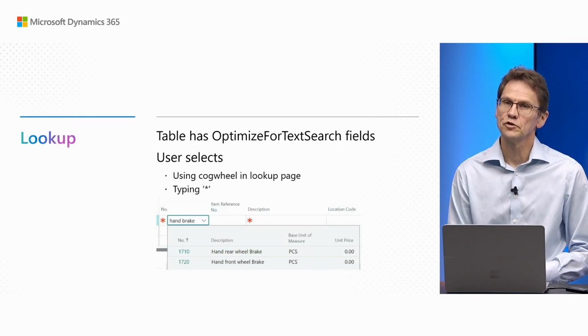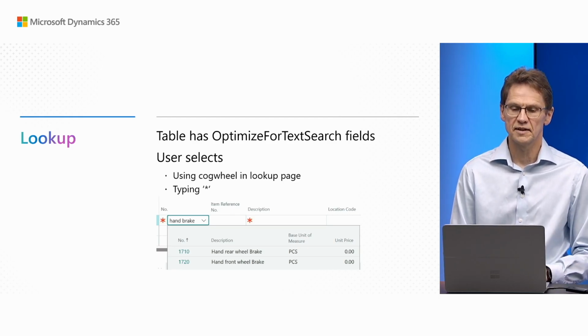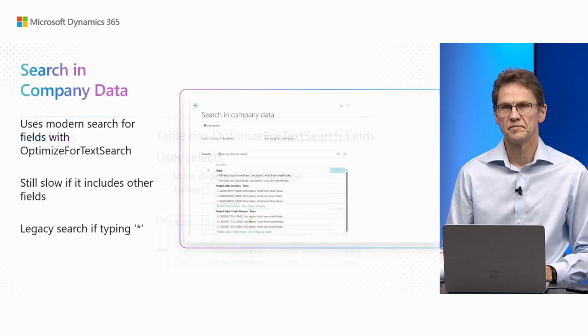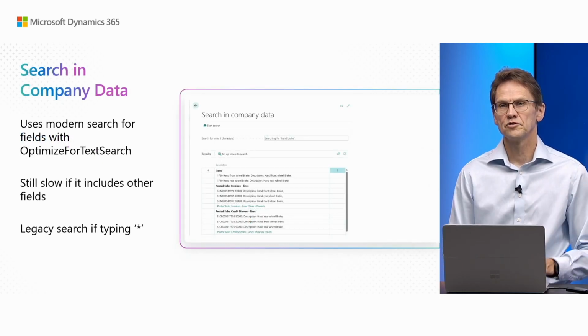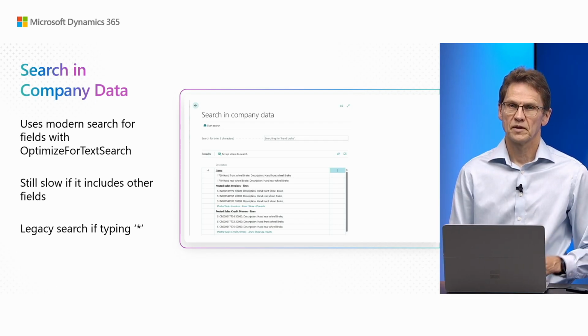Modern search also shows up in lookup if the table has fields optimized for text search. And again, the user can select this, and this time using the cogwheel in the lookup page or by typing star. And modern search is enabled when you search in company data, where it will use modern search for fields with